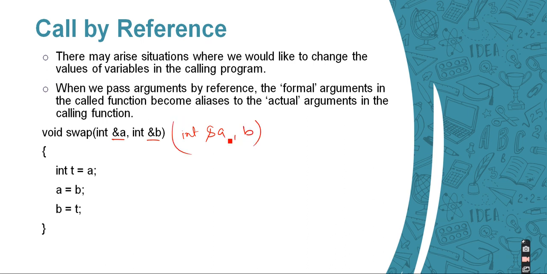No, this is also not right. In the case of call by value, we have seen that in our prototype we can skip the variable names, but we need to provide separate types and separate variable names for whatever parameters we need. So it will be wrong. We need to provide the whole data type for each and every variable plus the names of the variables as well.